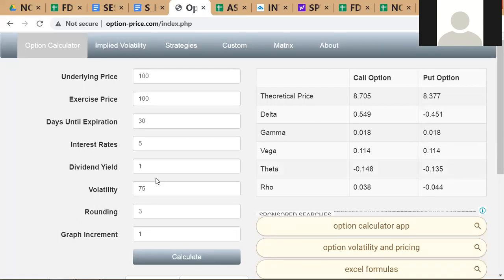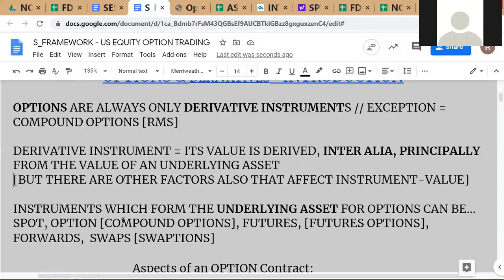You may not understand all the components at this point, but you can play around. You can clearly see that this is the model output, and these are the model inputs. Okay, and you can calculate and see how it is changing. Right now, the other thing that we have to learn is